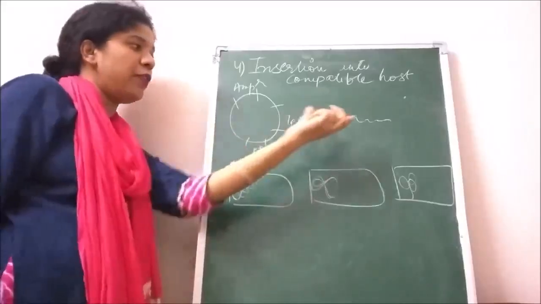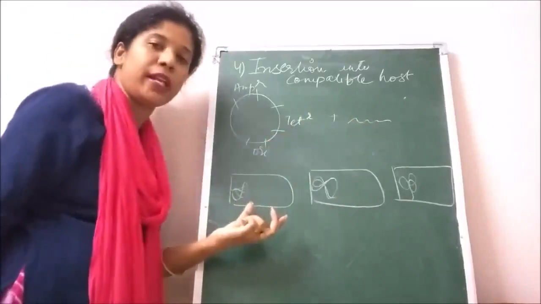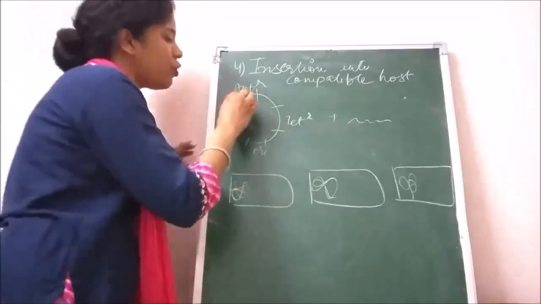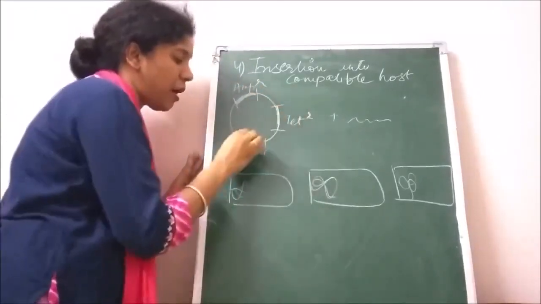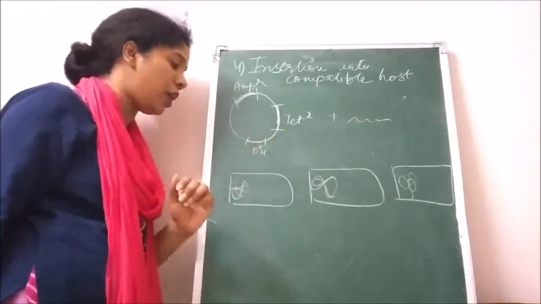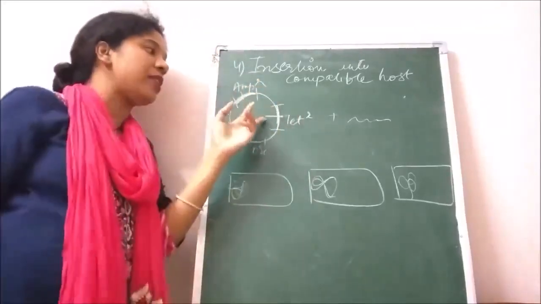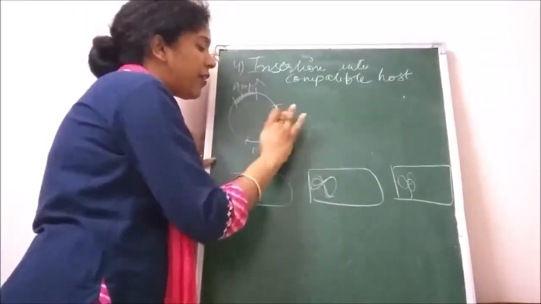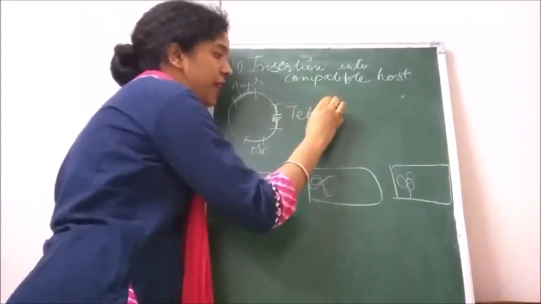Now this is a vector in which we want to insert the foreign DNA, and finally we want to insert that recombinant molecule into the host cell, and we want to enrich only those host cells which have the recombinant DNA molecule. So these are the 2 selection markers, the ampicillin resistance marker and the tetracycline resistance marker, and this is the origin of replication which helps the plasmid to amplify its number in the host cell. Since the multiple cloning site, the cassette of restriction sites, is within the selection marker, if the foreign DNA is inserted at this particular point, the tetracycline resistance gene is going to be interrupted, and thereafter it is going to become tetracycline sensitive.